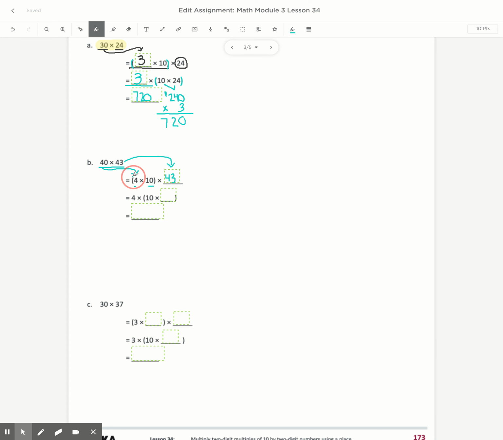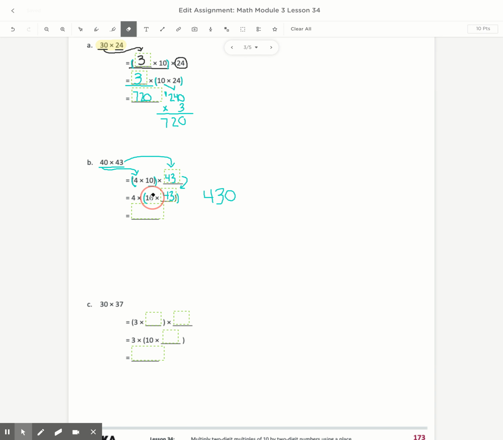So they started out with the parentheses around 4 times 10, and now they moved the parentheses. So now 4 is on its own, and then they did 10 times, and again, we're just going to bring that 43 down because we haven't changed it yet. So again, the thinking here is that it is easier to do 10 times 43. So remember, I can just cross off the 0, ignore it for a second, do 1 times 43. Well, that's equal to 43. But I can't forget about that 0 completely, so I'm going to rewrite it,